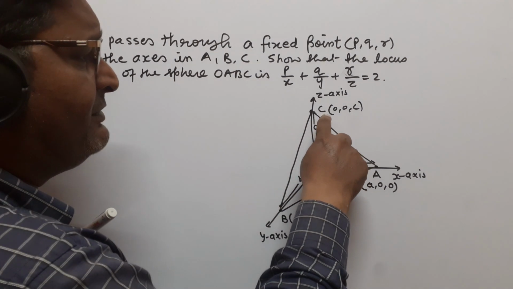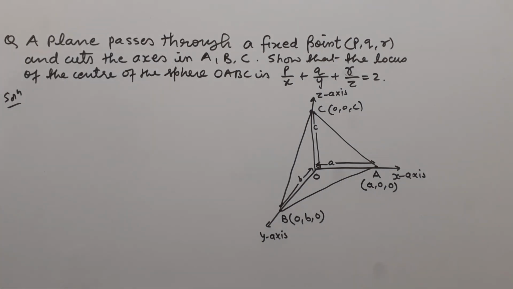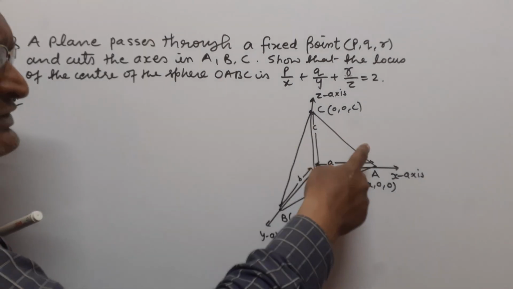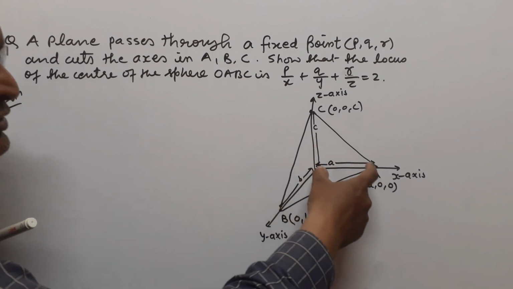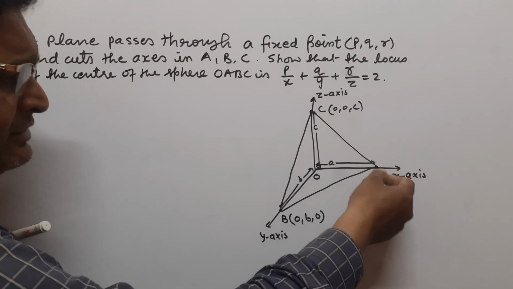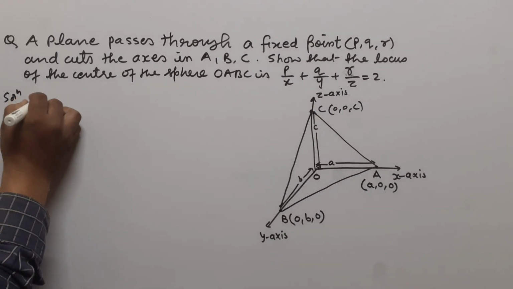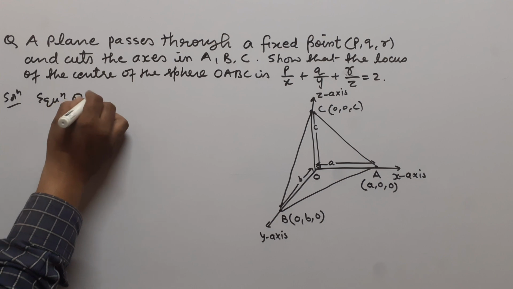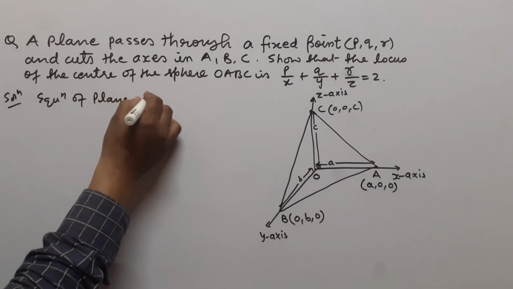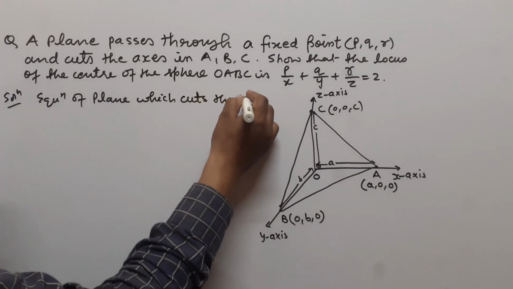Similarly, C can be written as (0, 0, c). So this is the plane which makes intercepts small a, small b, small c on the x, y, z axes respectively. So we write the equation of the plane which cuts the axes